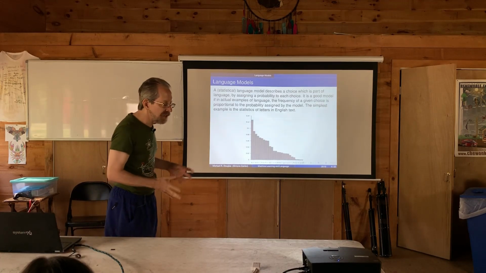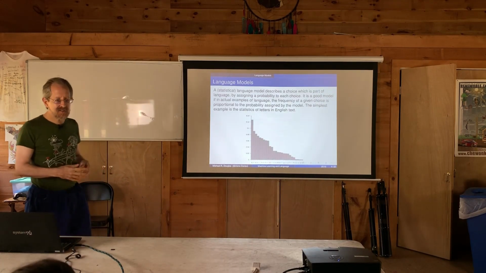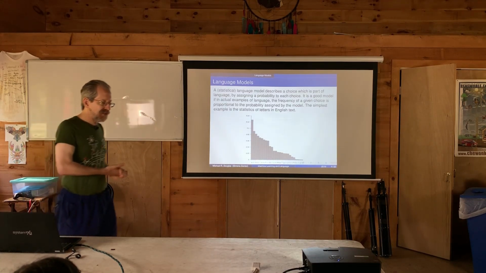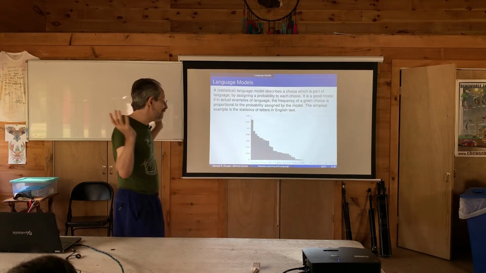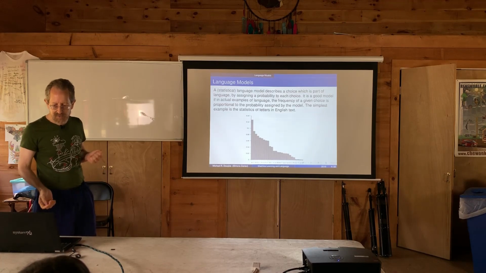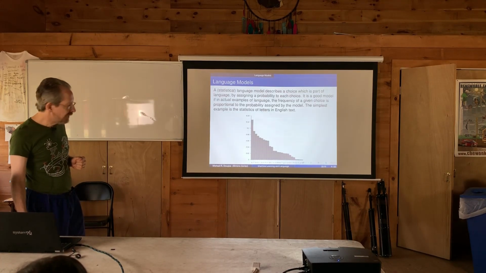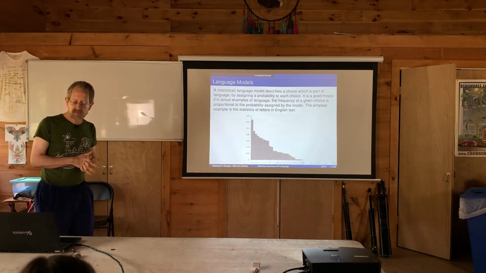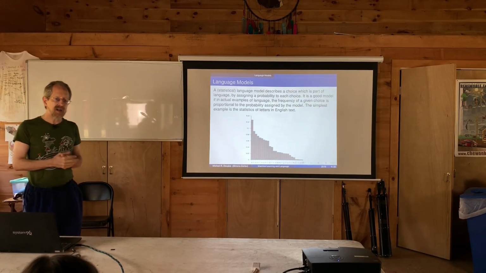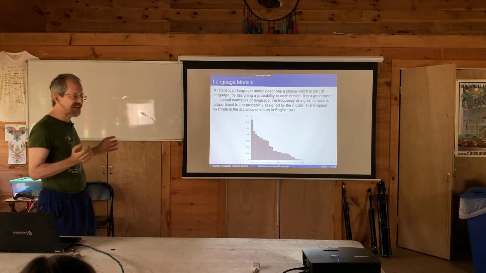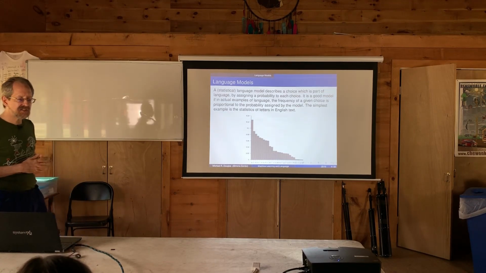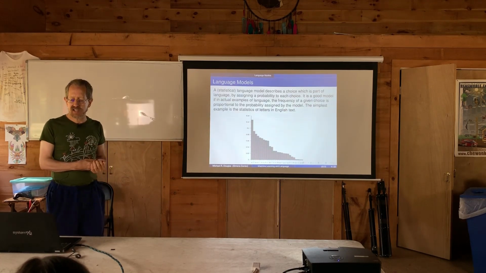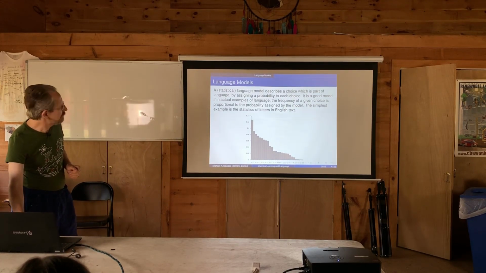And then this gets used for various things. For example, when the game Scrabble was designed, it's clearly better to reward people for the rare letters, which are hard to use. And so a Z and a Q are worth 10 points, and an E is worth 1. So in some sense, this is perhaps the simplest language model. We've broken down the text into letters, and we've statistically characterized how often each letter appears. Okay, so what can we do with that?